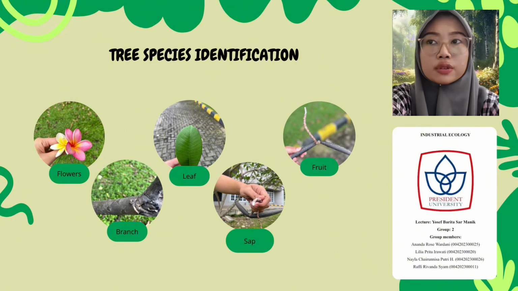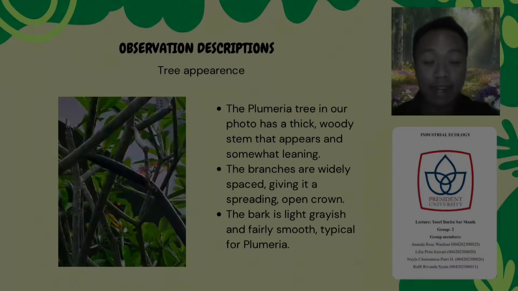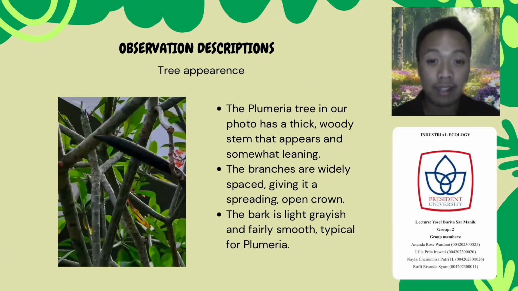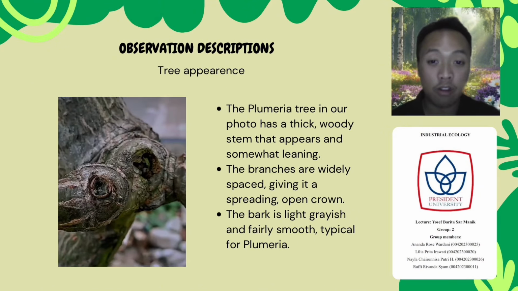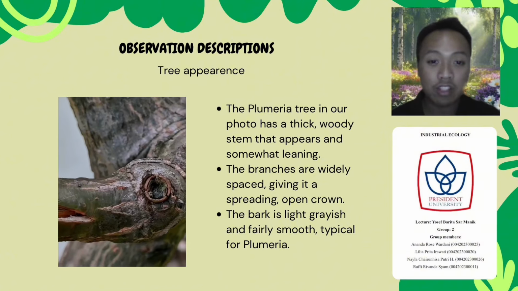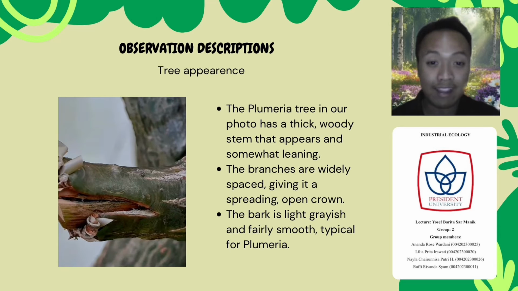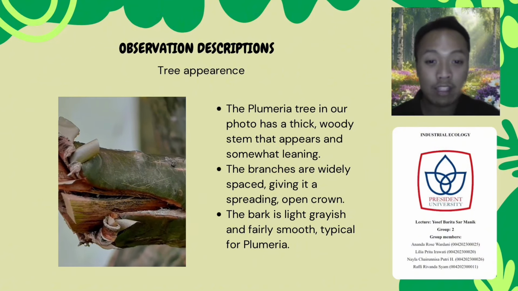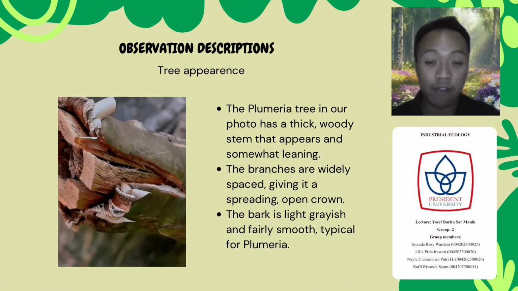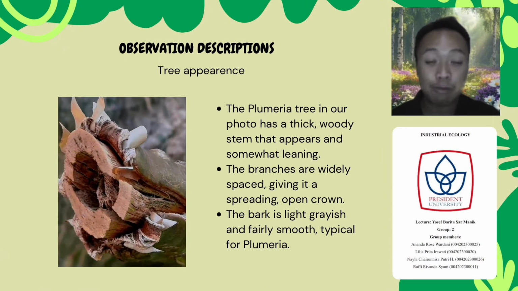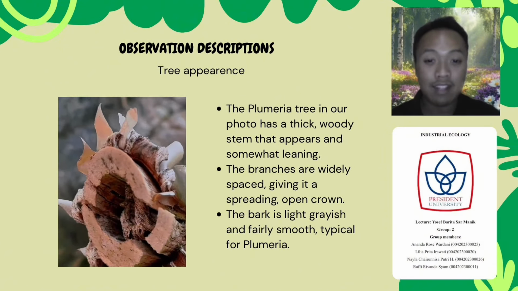So actually the fruit cannot be eaten because the inside of the fruit is only sap, or getah. Now, during the observation, the Plumeria tree was found to have a thick woody stem that leans slightly, likely due to phototropism, or its natural tendency to grow towards sunlight. The branches were widely spaced and form a spreading open crown. This kind of branch structure is effective in maximizing sunlight and absorption of airflow, which is essential for survival in